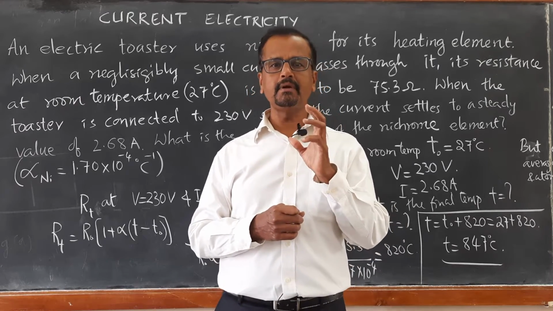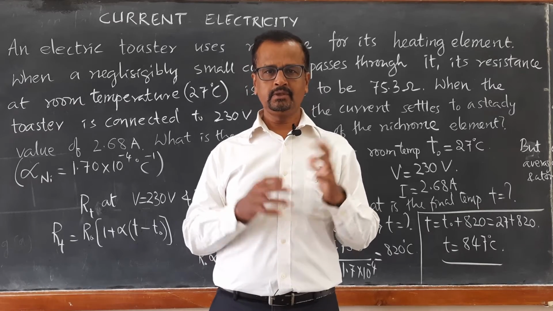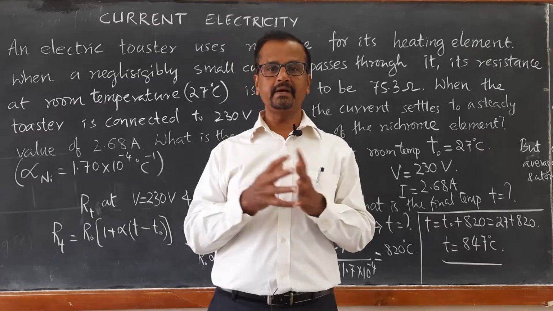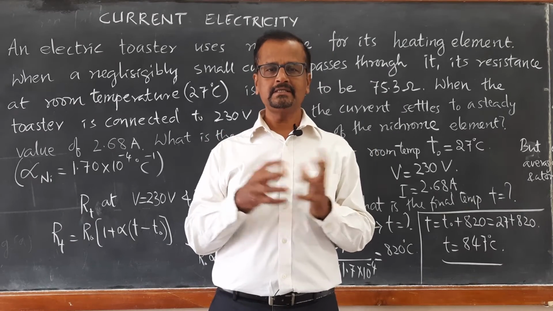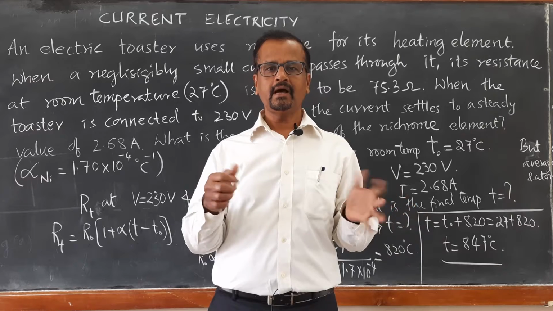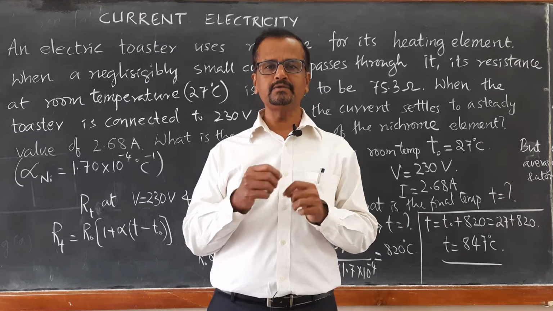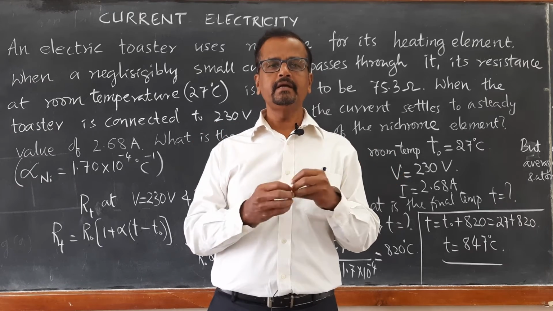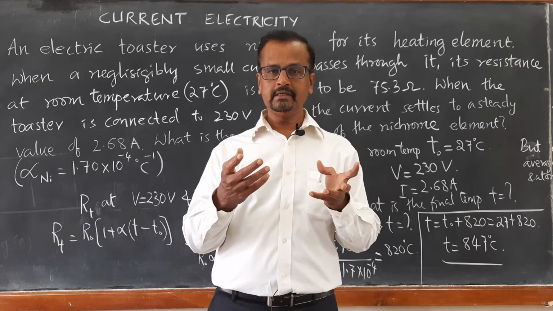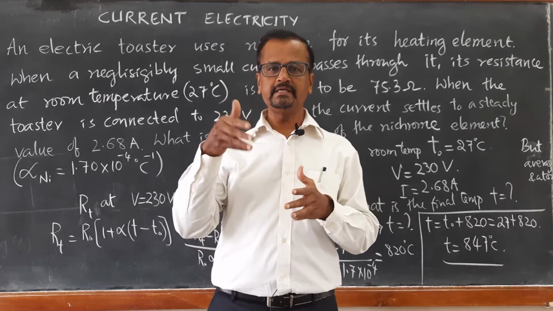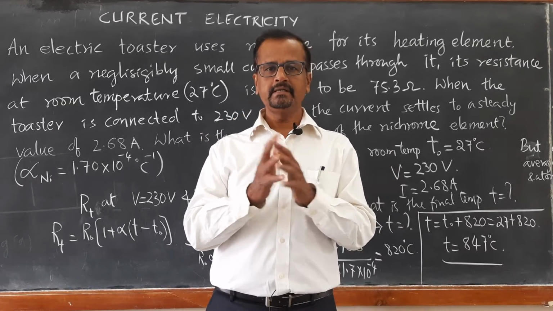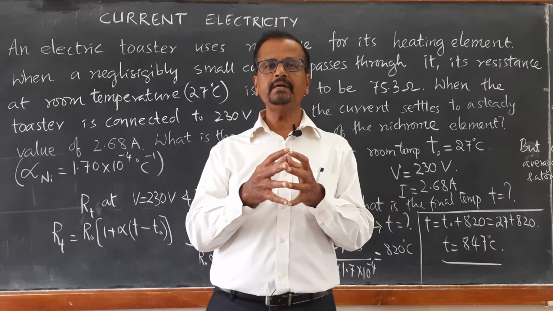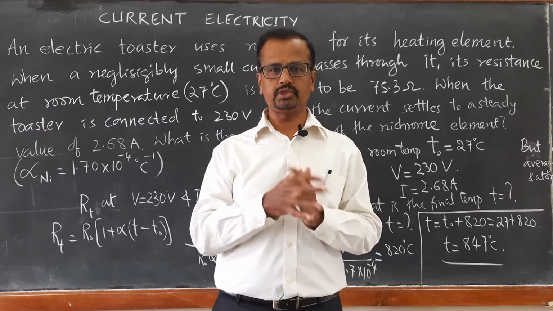It is a problem of a toaster. A toaster is a device which is used to toast, roast the bread. It is an electrical device, just like an electric heater or an electric iron, and the current is passed through the toaster. The toaster has a nichrome coil. The nichrome coil gets heated up strongly, and then the bread slices inserted in the space there get heated up strongly and they will be toasted. So, it is called a toaster.